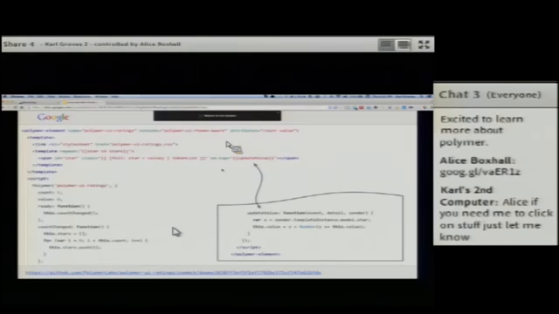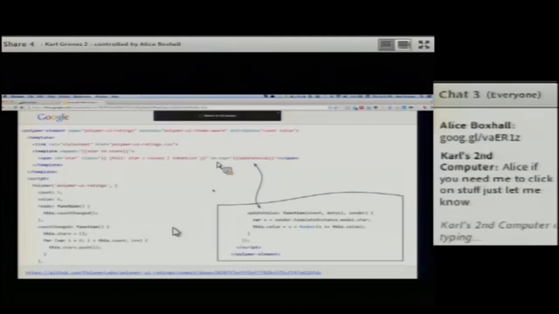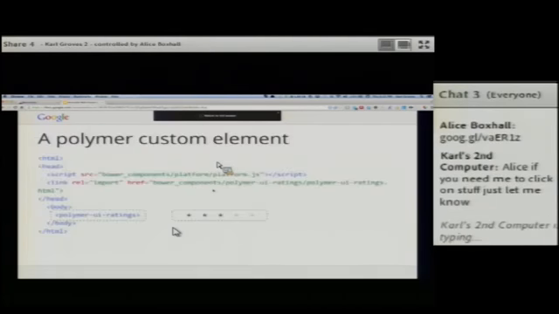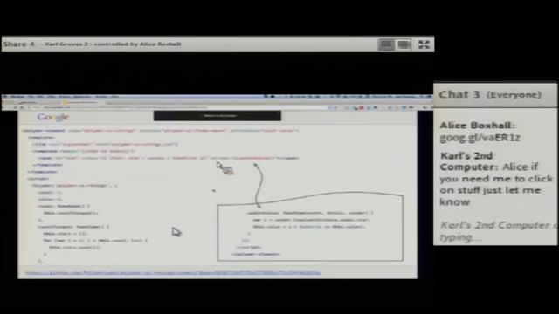And we have an update value method, which is called from the onTap event in the star span. So each star will have an onTap event, and that's triggered on a tap or a click, and that is going to call the update value method. So the upshot is you end up having this cute little custom element that we saw where you can tap or click on each of the stars to change the value.